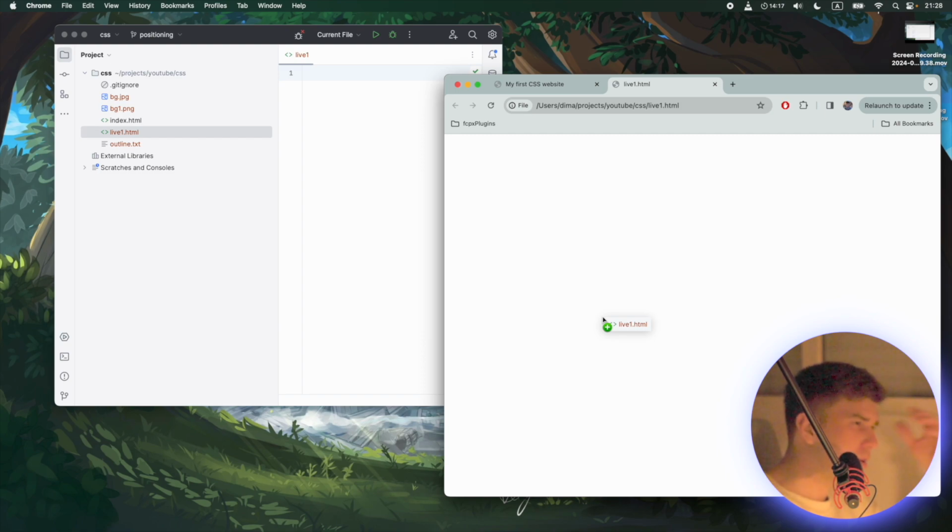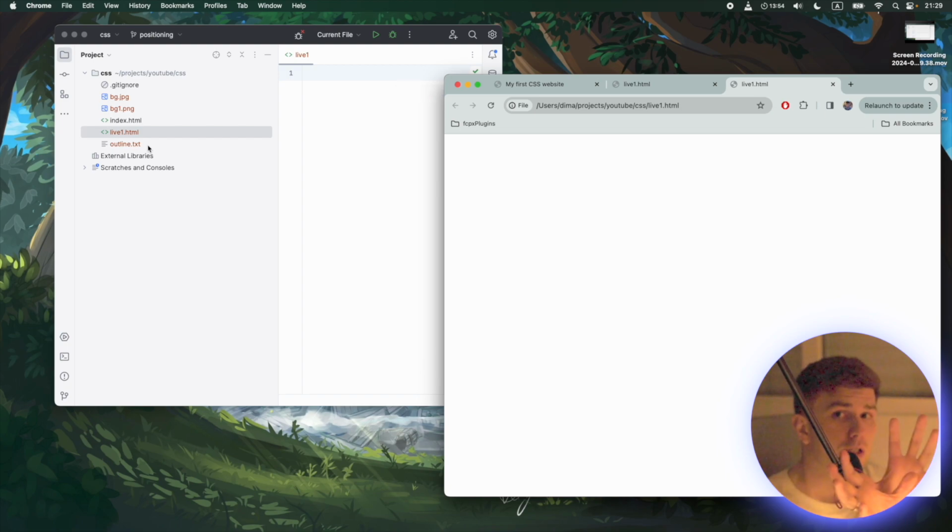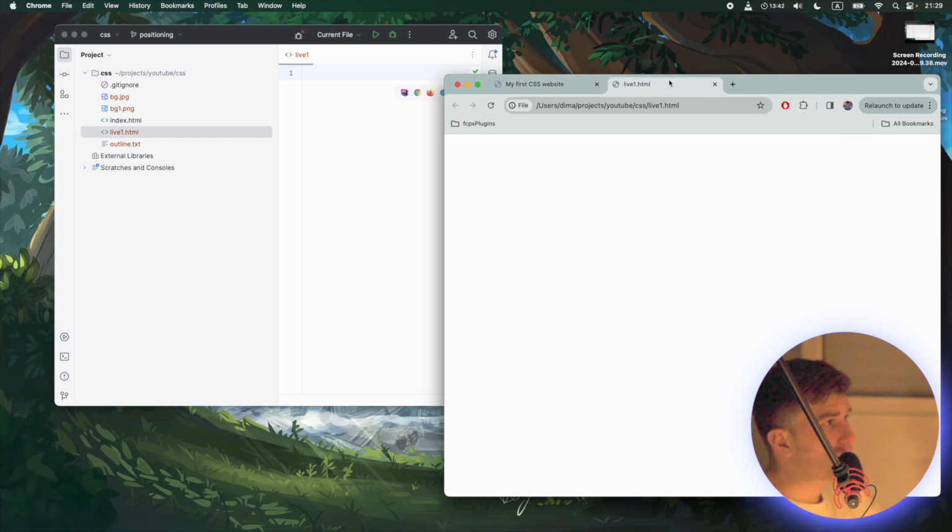So I actually don't know whether it's, yes, it seems like it's PHP Storm. When I drag it over to Google Chrome and release the mouse button, Google Chrome actually opens that file. So it seems like these two pieces of software know how to talk to each other. They know how to work together. And so now Google Chrome opened the HTML file, and in the URL you can see that